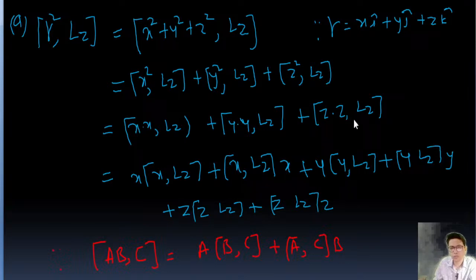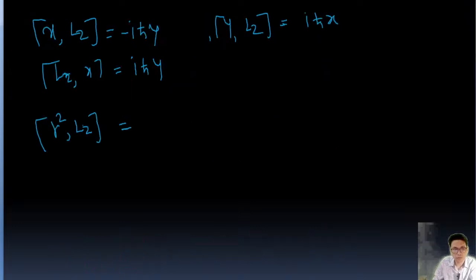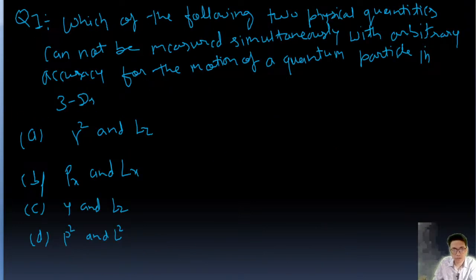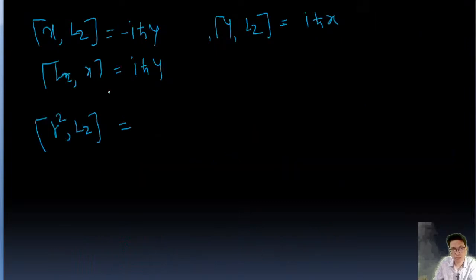Z square lz is going to be 0, guys, because they are same, right? That's fine. So this value is going to be 0 because they are same component, right? Z component. So this value is 0. This value is 0. So now this value is going to be this one. So this is xz, right? So x